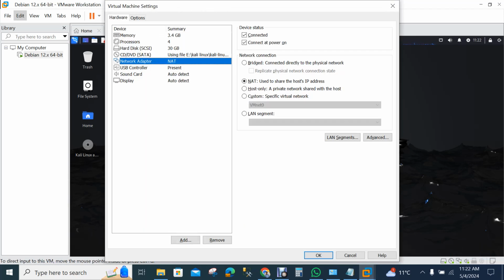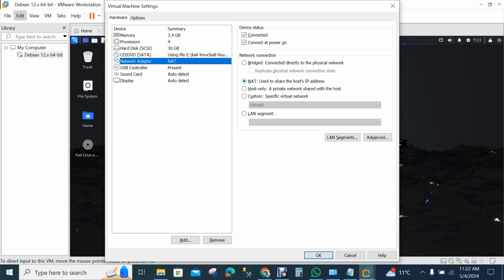From here, if we talk about our network adapter in the virtual machines, we can easily add a new virtual network adapter. At this moment, we have only one network adapter.